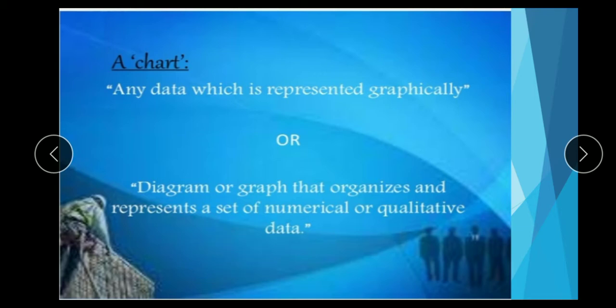Means a chart represents data in the form of graphics. You can understand easily through graphics, through a chart, and it is an easy way to analyze. So any data which is represented graphically is called a chart.